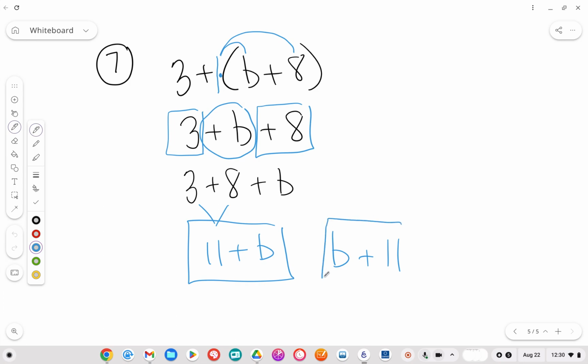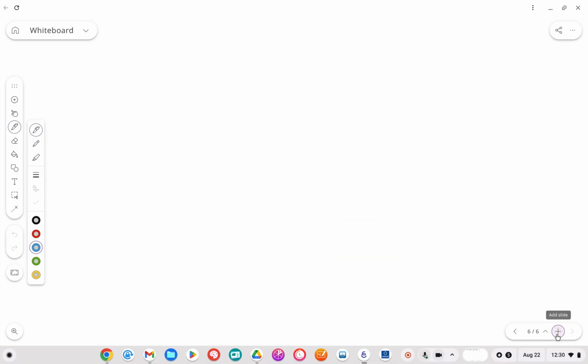This is also correct because it doesn't matter which term comes first. Do you notice how this was a positive b? Well, that's a positive b, and this is a positive 11. It's the invisible positive in front, plus 11. So as long as the sign is correct with the term, you can reorder them. All right, let's do number 8. Okay, so number 8